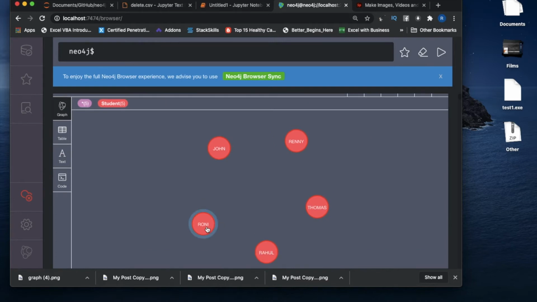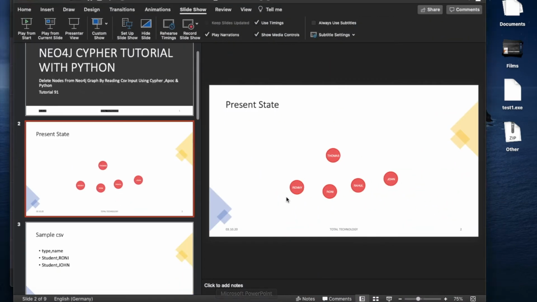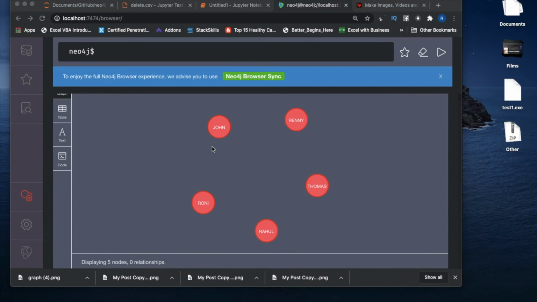So see, I have Ronnie, I have John, I have Rene, I have Thomas, Rahul. So 6 nodes are created: Ronnie, John, Thomas, Rahul, Rene. Okay, it's fine. So now what we'll do, we'll try to remove Ronnie and John by reading the